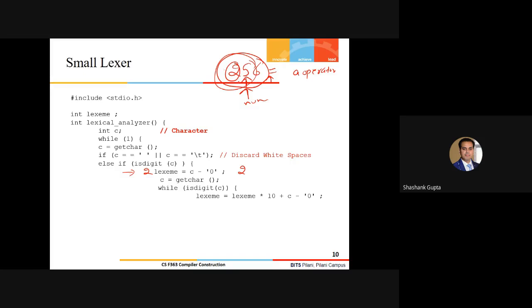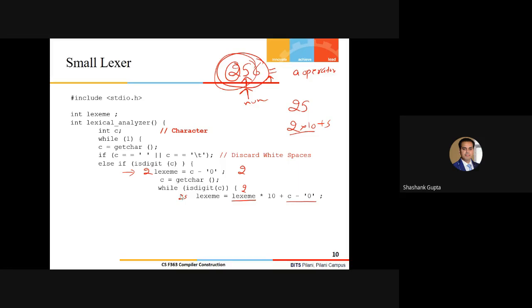I'll just convert this 2 into now 25, and we know exactly how I'm going to do it, by doing this decimal expansion of this number. So I have the previous number, that is 2, which is already stored in lexeme, and I have simply performed the multiplication with 10, and again I am performing the subtraction with the ASCII value of the 0, and that will give me, let's say, 25 here.